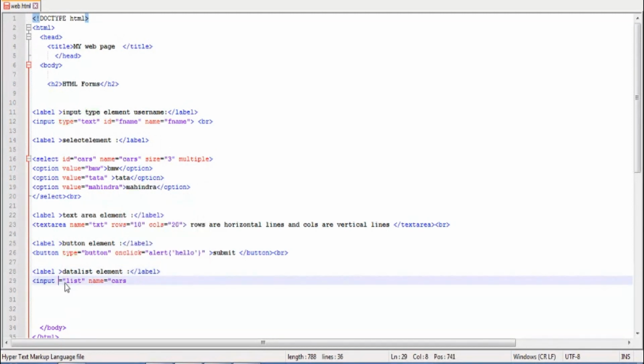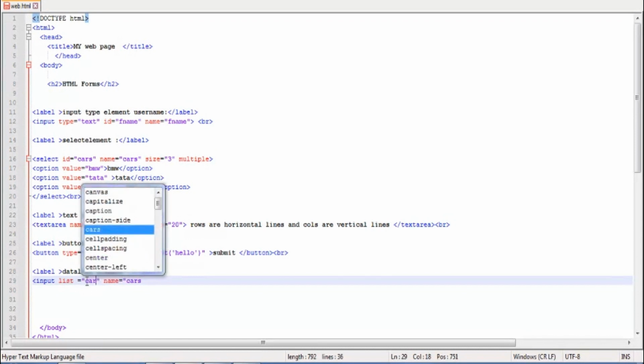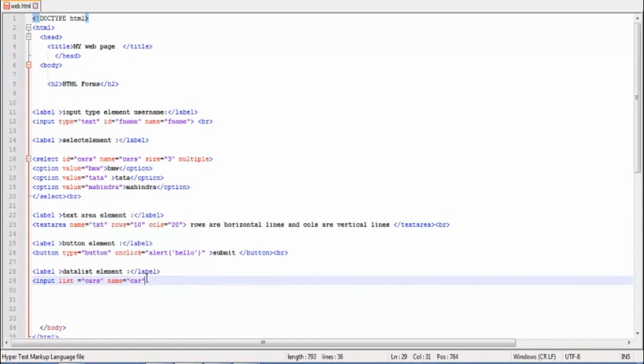The input list attribute is there. Input list is equal to some list name, cars. Name is equal to car, whatever name you can give. Again, input list equal to cars. The list attribute is there; for input type, you have to use the list attribute in the input, for the